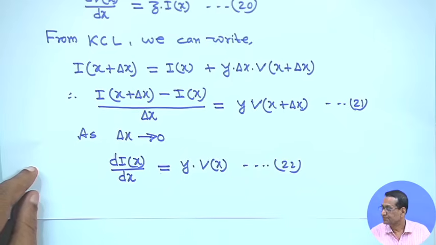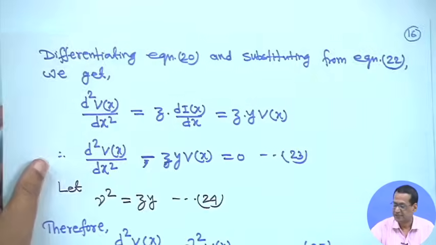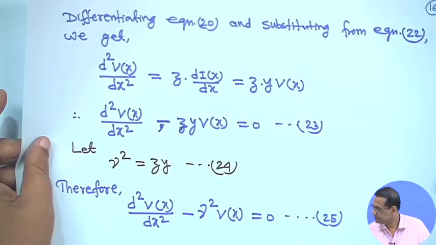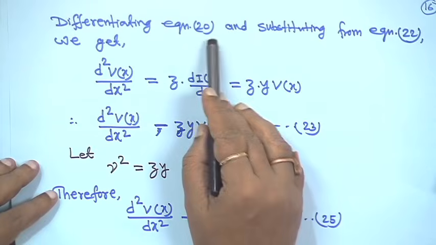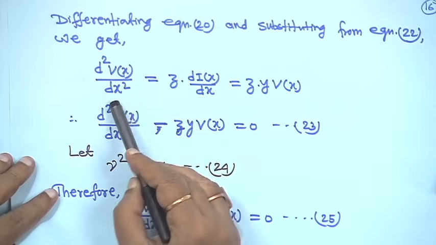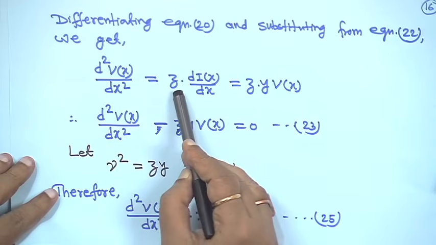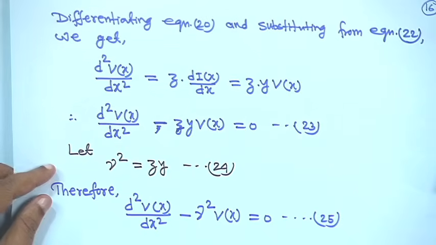Next, you differentiate equation 20. If you differentiate equation 20 and substitute from equation 22, you will get d square V x upon dx square is equal to small z into dIx upon dx, and this dIx upon dx,